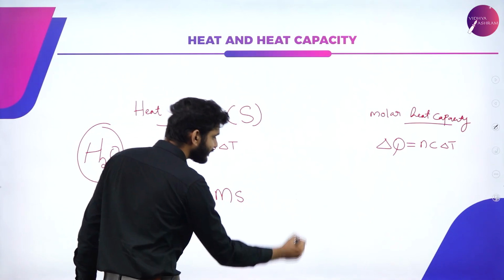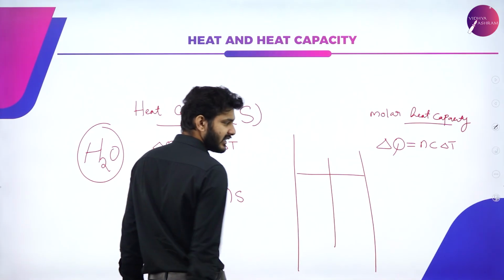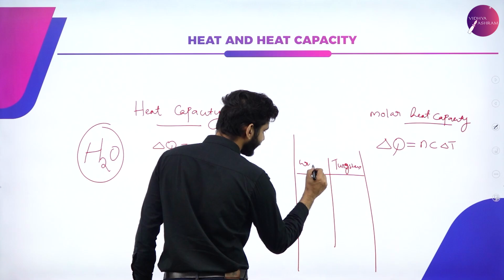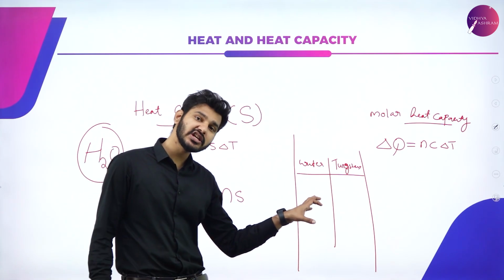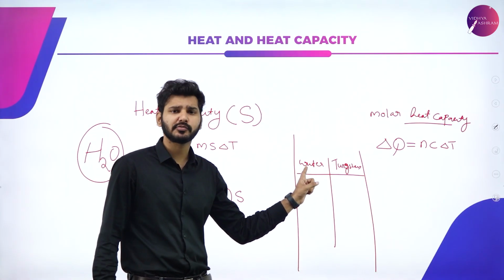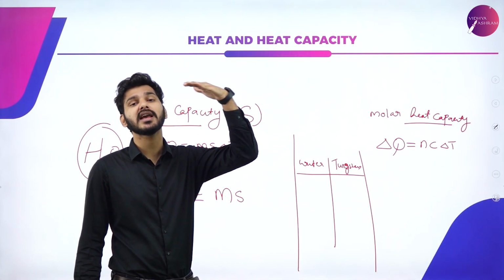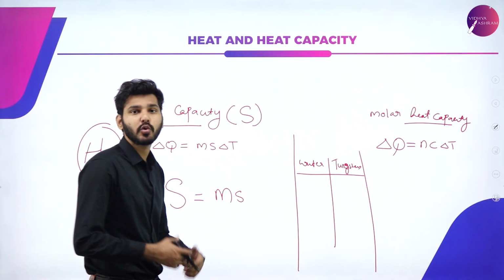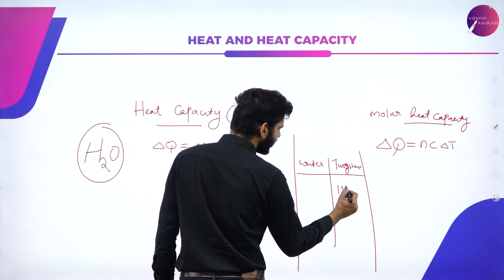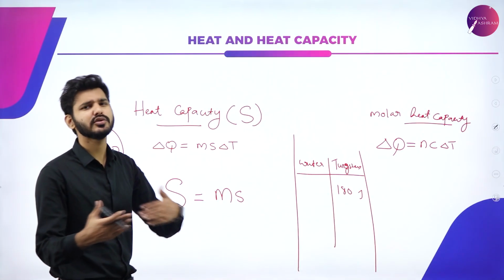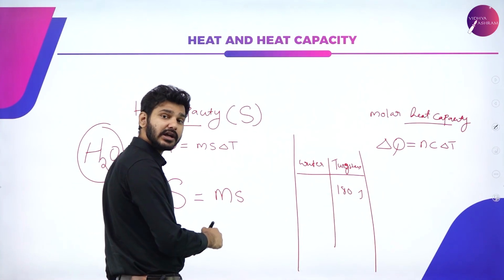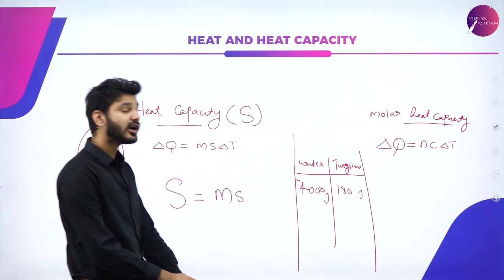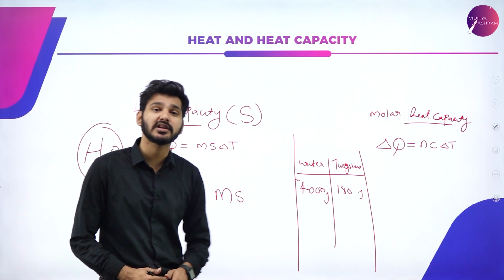For example, if I take two substances, let's say tungsten here and water here, and I ask you how much energy I have to supply to 1 kilogram of water and 1 kilogram of tungsten just to raise its temperature by 1 degree Celsius, then it just so happens that tungsten will only require about 180 to 200 joules of energy maximum. But water requires approximately 4000, not 400, 4000 joules of energy just to raise its temperature by 1